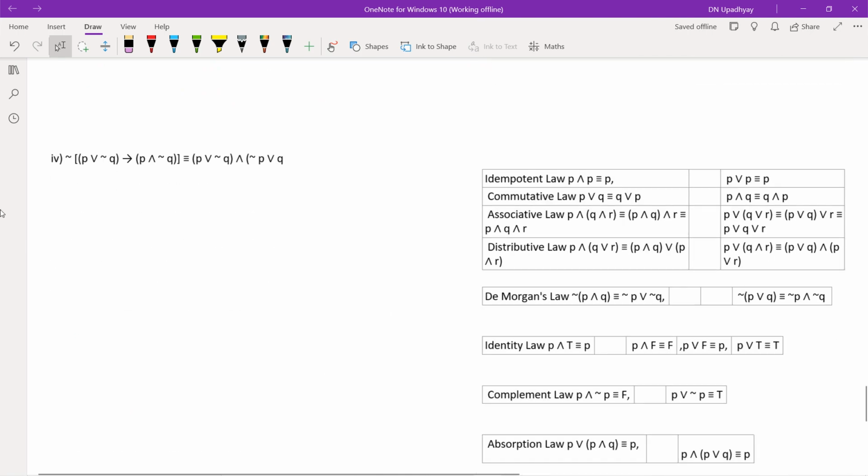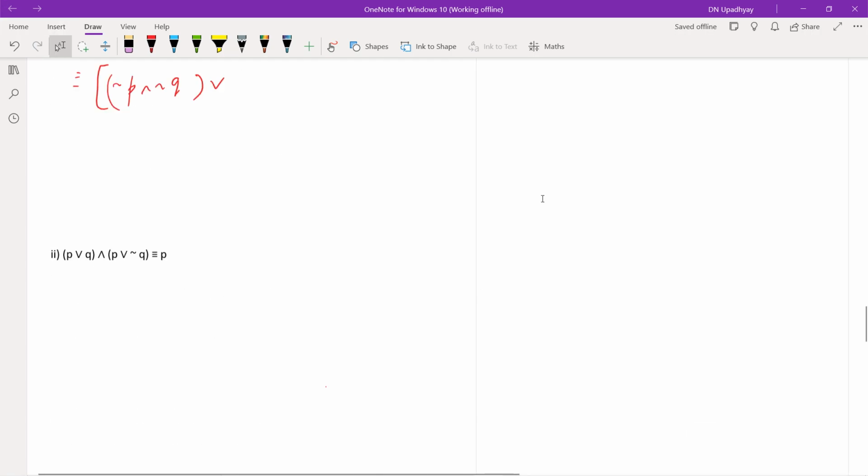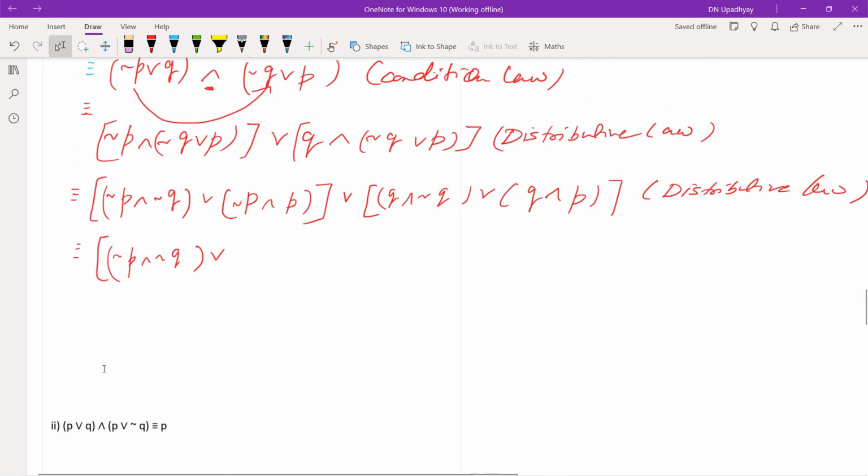So negation P and P is nothing but only F. Let me show that table. See this here, negation P and P, complement law is only F, right? So F, we are going to use this F. So this is F,